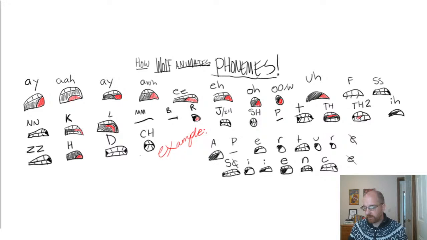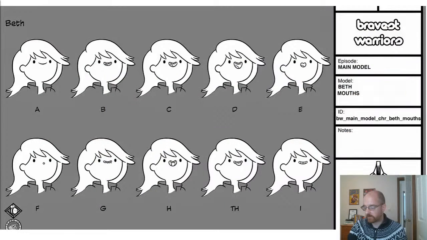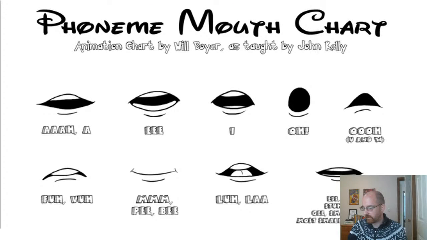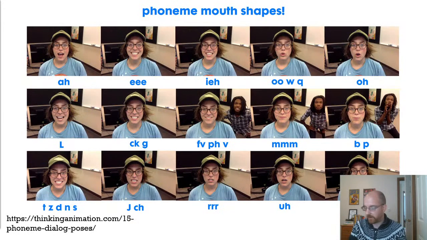And on the flip side, you can go really complicated, and that's okay. Now remember, these are not necessarily by letter, these are by mouth sound. So the dialogue will have certain letters, but you can match certain letters with, like certain letters will create, I guess this is the best one for it. If you see a letter in dialogue like T, Z, D, N, and S, there's one mouth shape for all